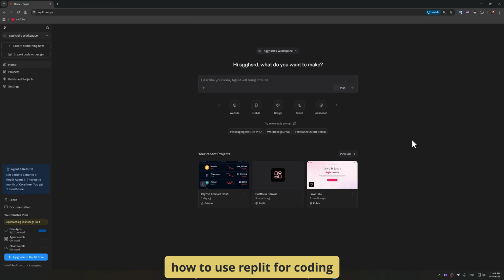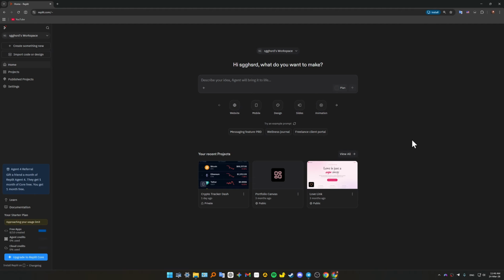So in this year, Replit has transformed from a simple browser-based editor into a fully autonomous AI software engineer. And with the release of Agent 4, the platform no longer just helps you code. It can architect, build, and self-heal entire applications while you watch. Whether you're a pro dev or a vibe coder, Replit is the shortest path from an idea to a live